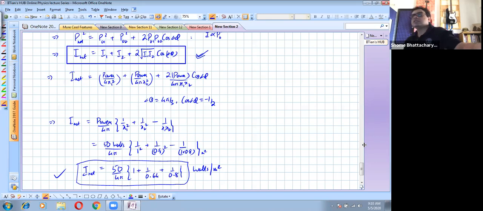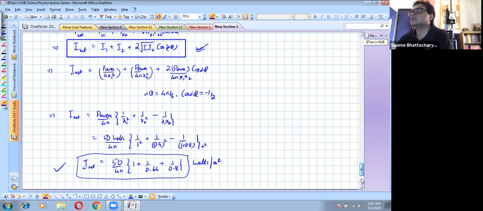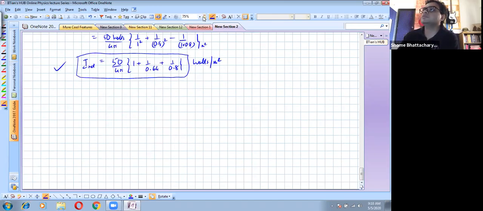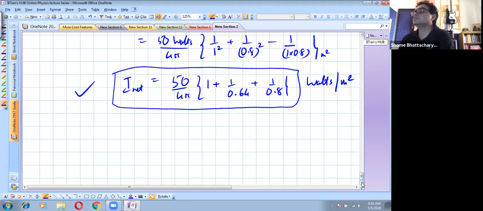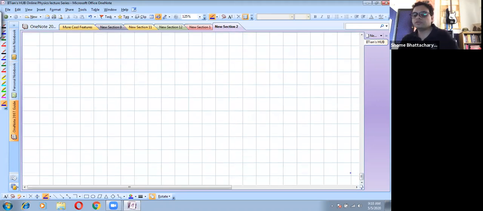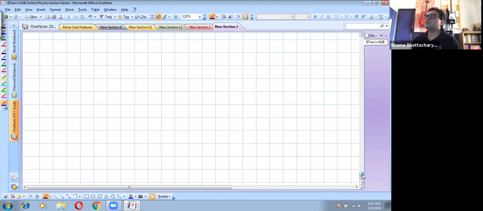Alright, people, so hope this is clear. So let's look at another type of interference problem. In these problems now, actually the main issue becomes geometry: how you will use geometry to find path difference and all these things. But before that, before I forget, this formula that we have,